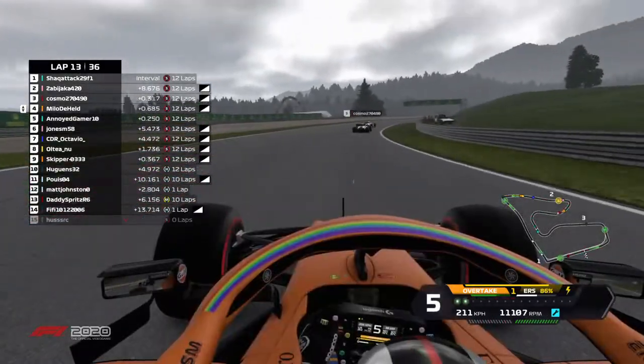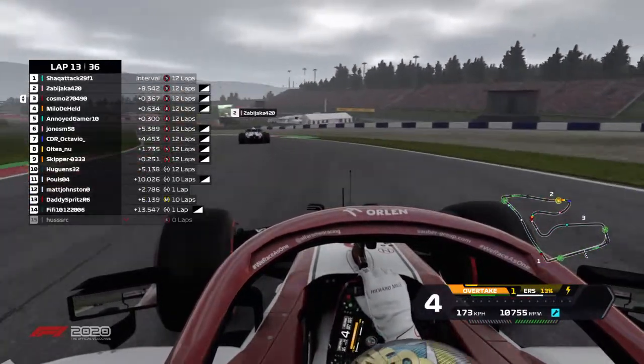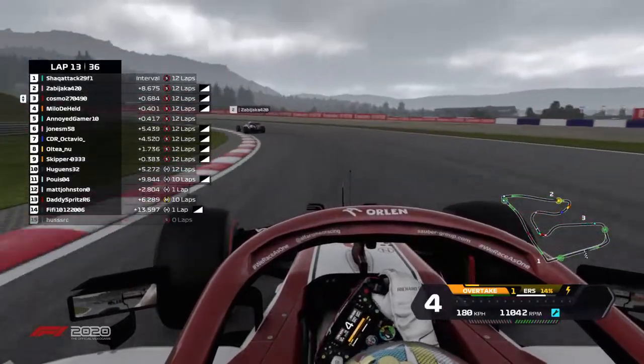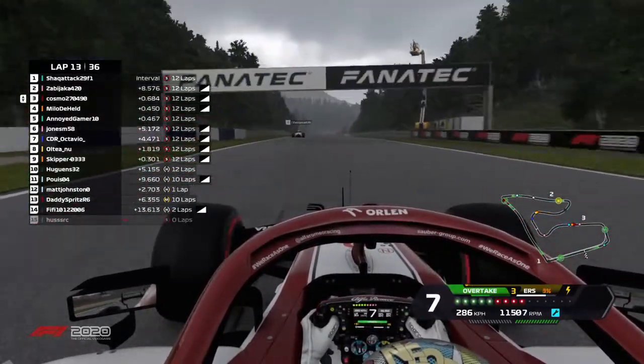I mean, if they wanted, just on the pure ERS delta, they could really have a go at these top two. We're just going hammer and tong at the moment, and almost building a gap for them. It's how fiercely they're battling. They're really pushing each other. And Milo and Annoyed Gamer saying thank you very much, getting dragged along nicely with the pace,